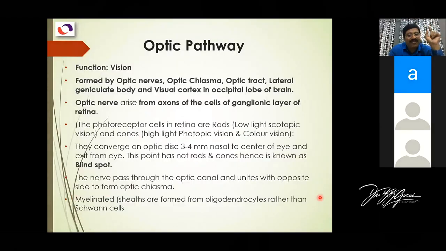develops directly from the brain. It's not like other cranial nerves. It's a cranial nerve which is forming directly as an extension of the brain. That's why the myelination of the optic nerve is done by oligodendrocytes, not Schwann cells, while other nerves are like peripheral nerves, and their myelination is done by Schwann cells. So this is one of the unique features you should remember for the optic nerve. So the optic nerve is like an extension of the brain.